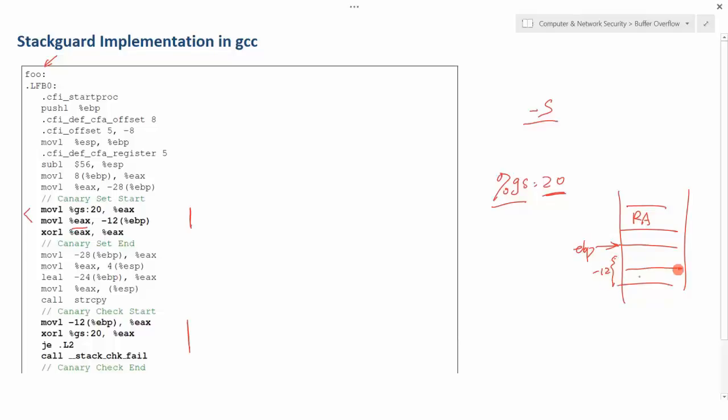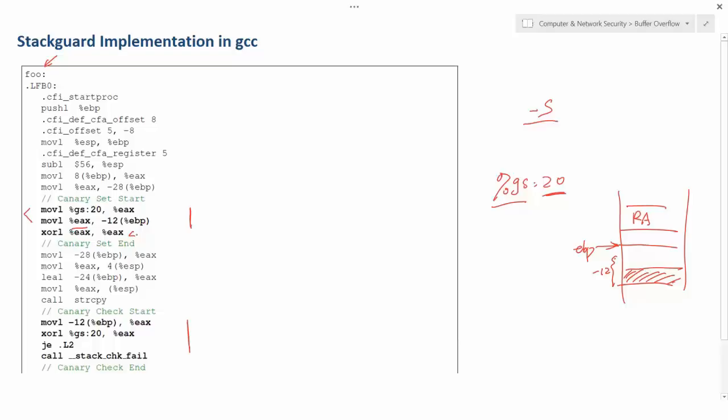It stores the value, the guard, in here. And I don't know why they leave some space in there. It's an integer, 32-bit. Okay, but they store this integer into EBP-12. Okay, and then this XOR EAX just cleans out the EAX to make sure you won't be able to get the secret from the register anymore.